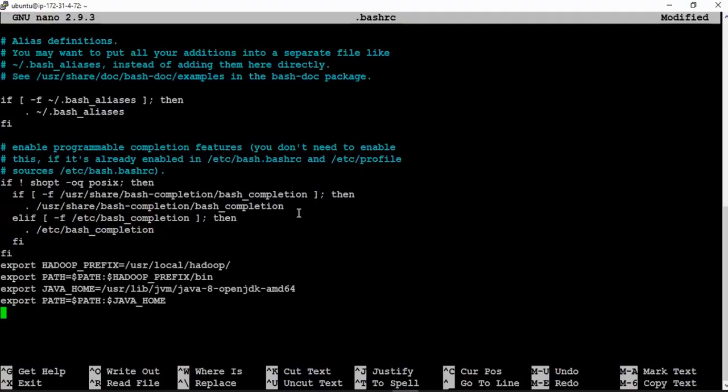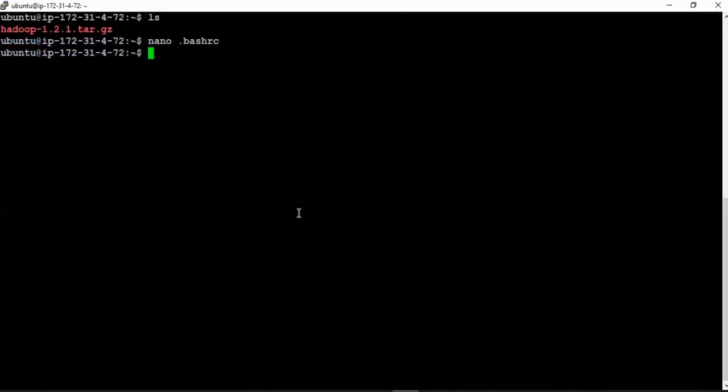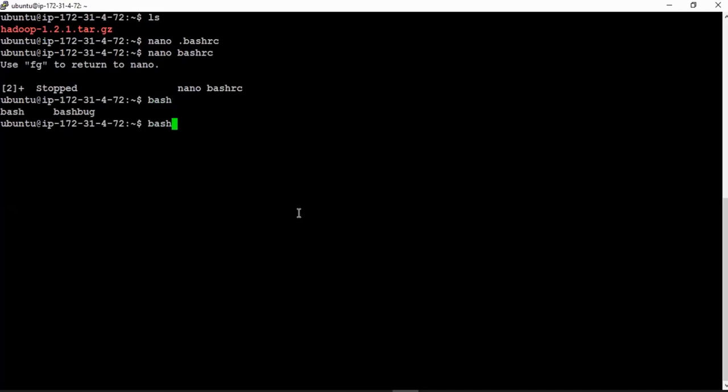Sir, there is one question. Why we use the dot before the bash rc? That's the command, I guess. Dot bash RC. Wait a minute. Just 1 minute. Is it a hidden file? Yeah, it is a hidden file. Exactly. That's why. Okay. Now, next is